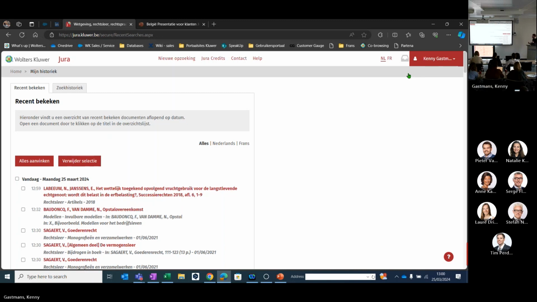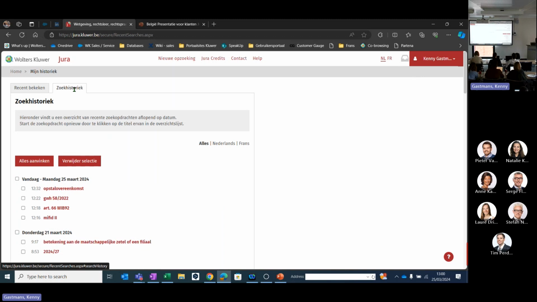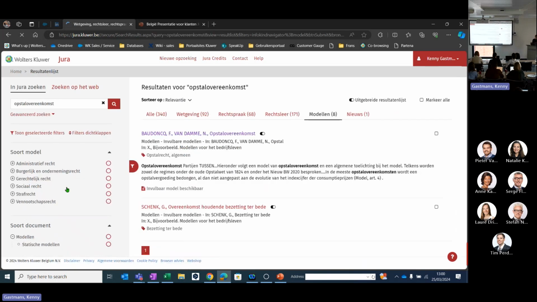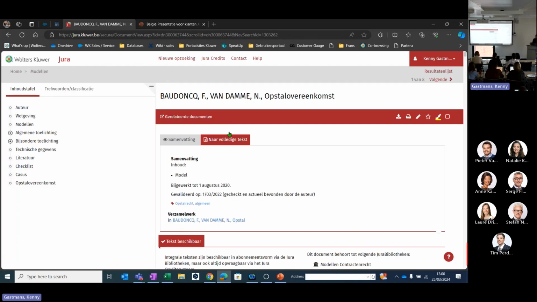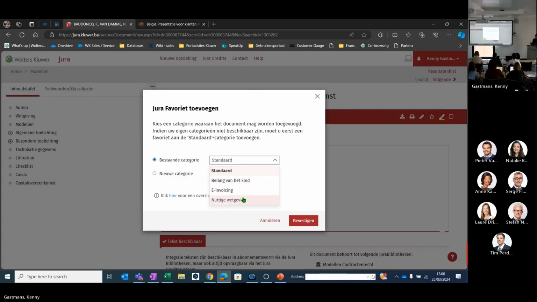Also, your search history will only show you those searches when you open the text. So as you can see today, I only have 4 of them. In case I've entered more searches, it's only showing me those that I've opened. When I've opened them, then it will be there. So documents that you use, that you find, and that you think you might use again, use your favorites. Just click on the star,